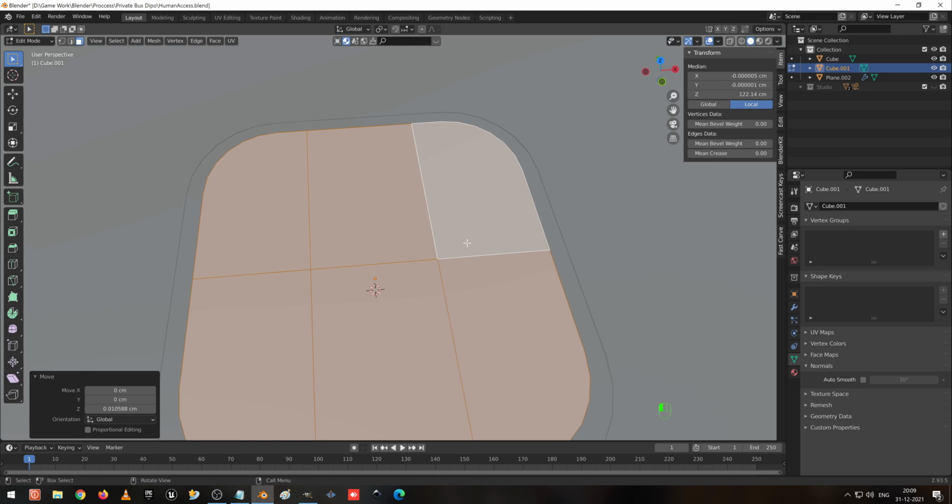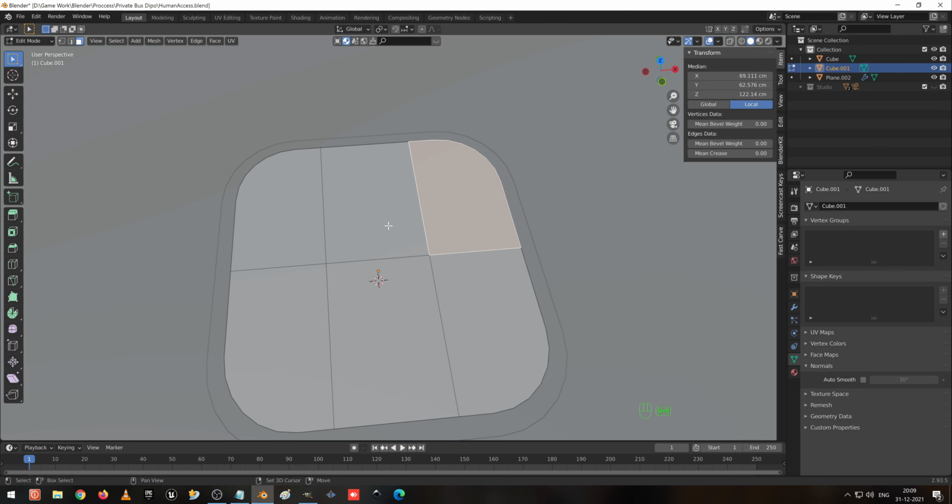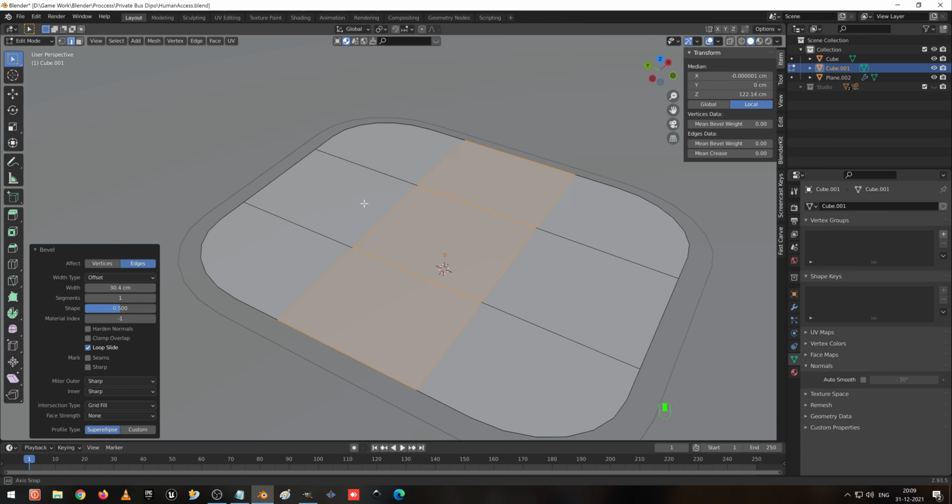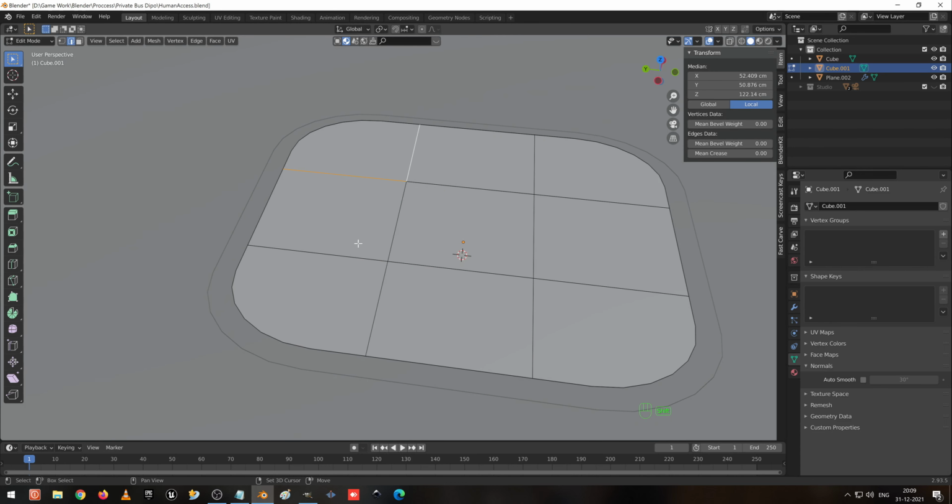Okay, now so using this I am going to, no, I missed out. So I select these two and I press Ctrl B to create an edge loop, and I create it like this. Now I am going to select these edges and I press Ctrl B to bevel.